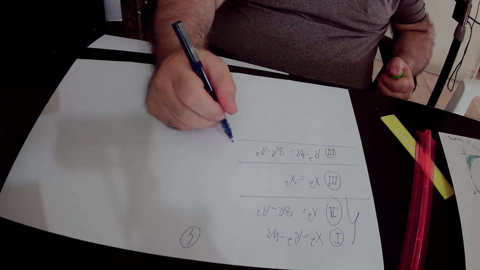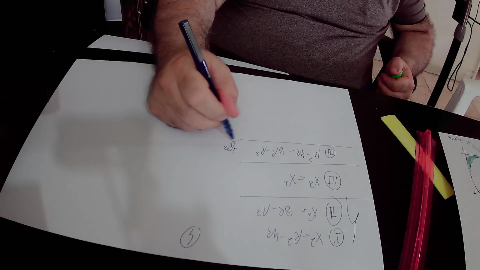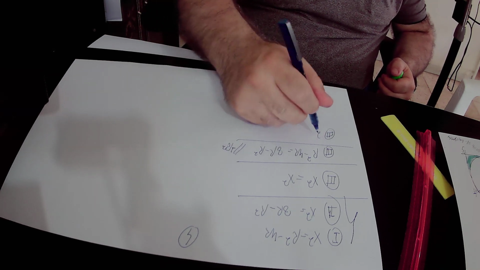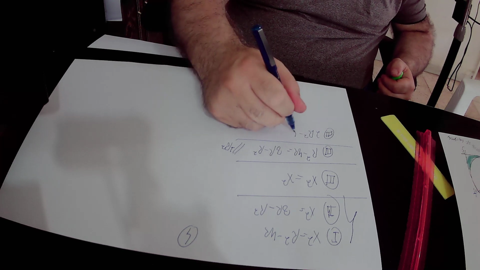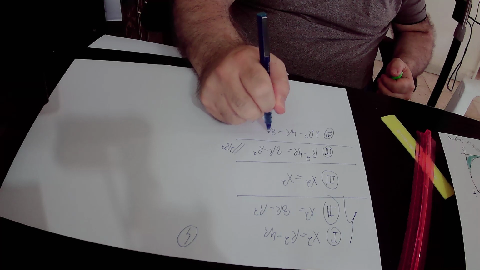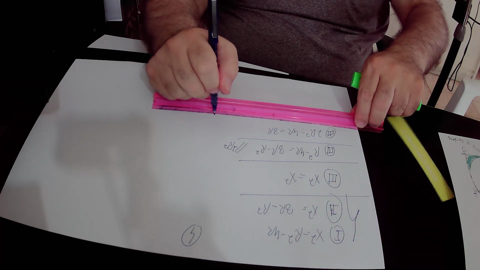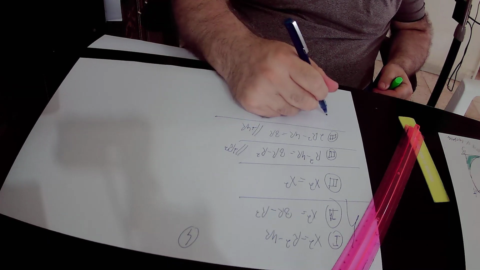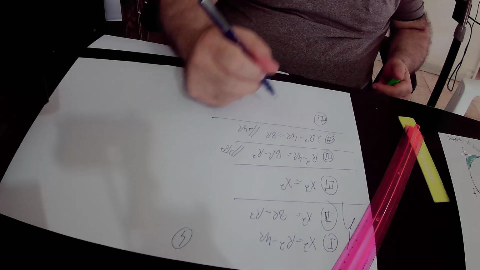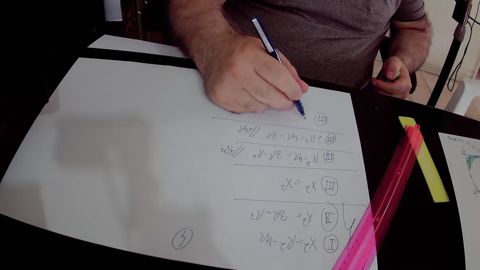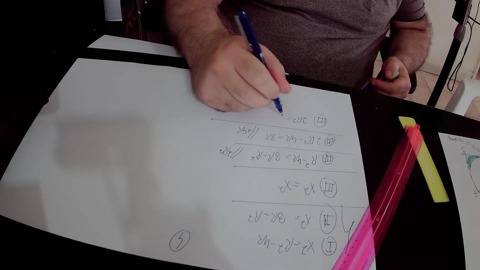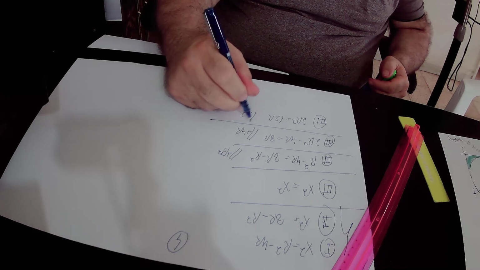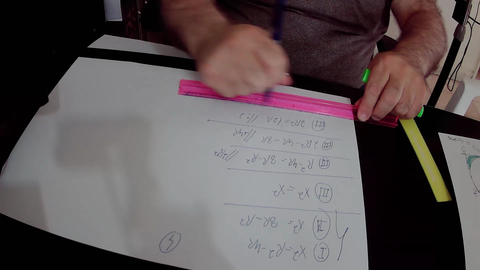Here we add r squared to this equation, equation number 3, and we get that according to equation number 3, r squared plus r squared is 2r squared minus 4r equals 8r. Here we add 4r to this equation, equation number 3, and we get that 2r squared equals 12r. Here we divide equation number 3 by 2, and we get that according to equation number 3,